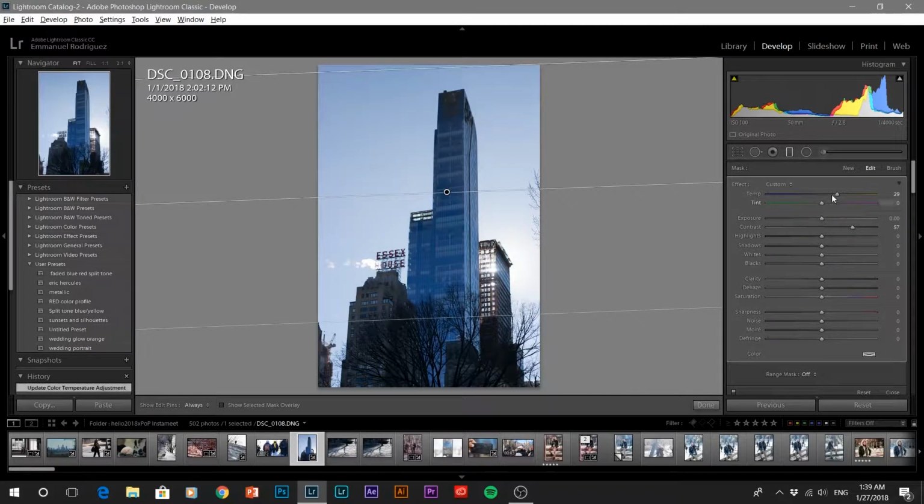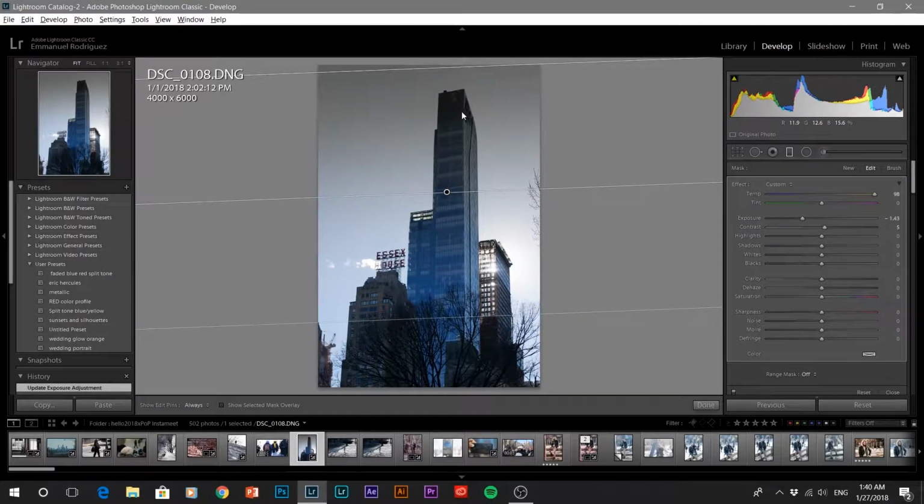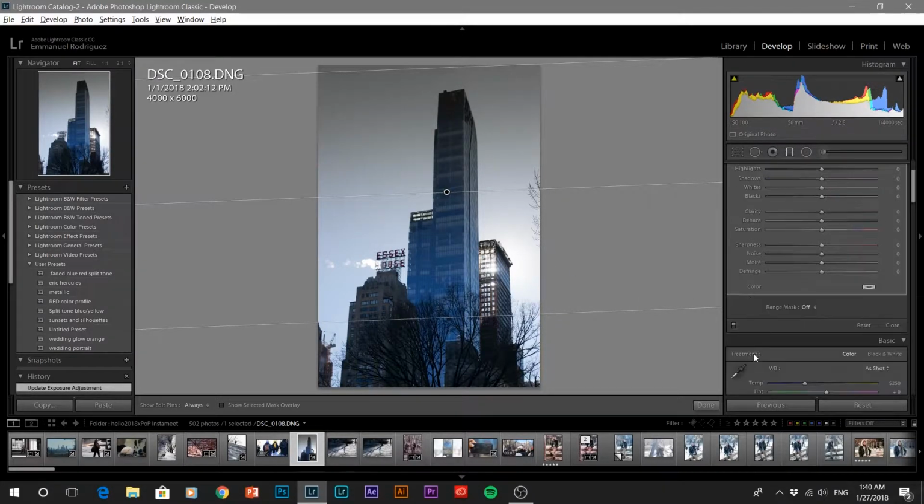So let's say I come here and I want to change the sky a little bit, so a bit more of an orange hue. Okay, and maybe I just wanted to darken it, right, using the exposure. Then I would do like so, but the problem is here that this part is being affected. So what's an easy way to fix this or make sure that it's not affected is using the range mask,